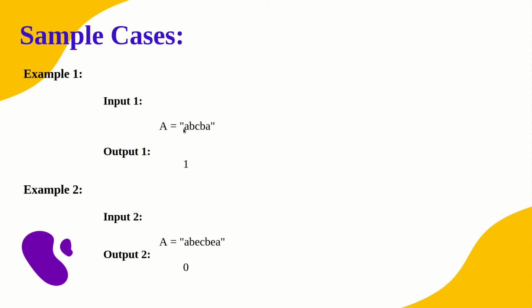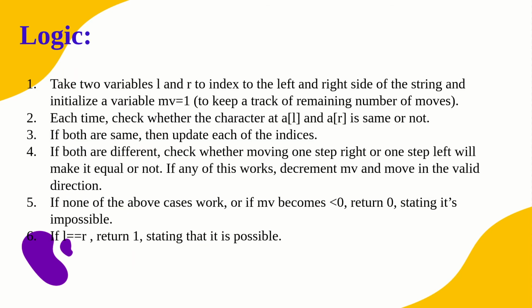Because it will point from the 0 index to the 1 index. And what about the right pointer? Just pause it for a while and think on your own. Okay, so what will happen to the right pointer? We are moving towards the left, from the end. So that's why the right pointer will be r minus minus. This is how we understand the two pointer approach. One pointer needs to be incremented because we are moving to the end, and one pointer needs to be decremented because we are moving to the start. That's why it is called a two pointer approach, because we are moving in two opposite directions.